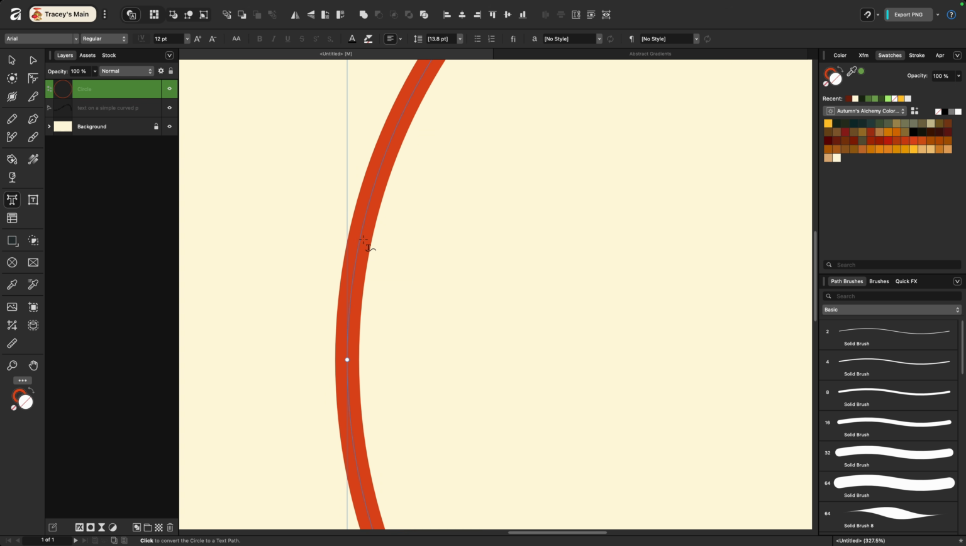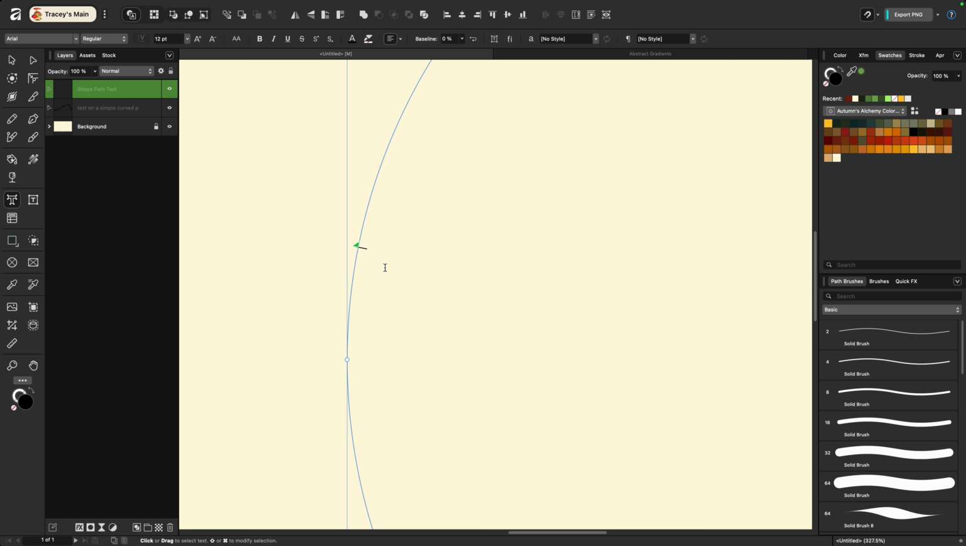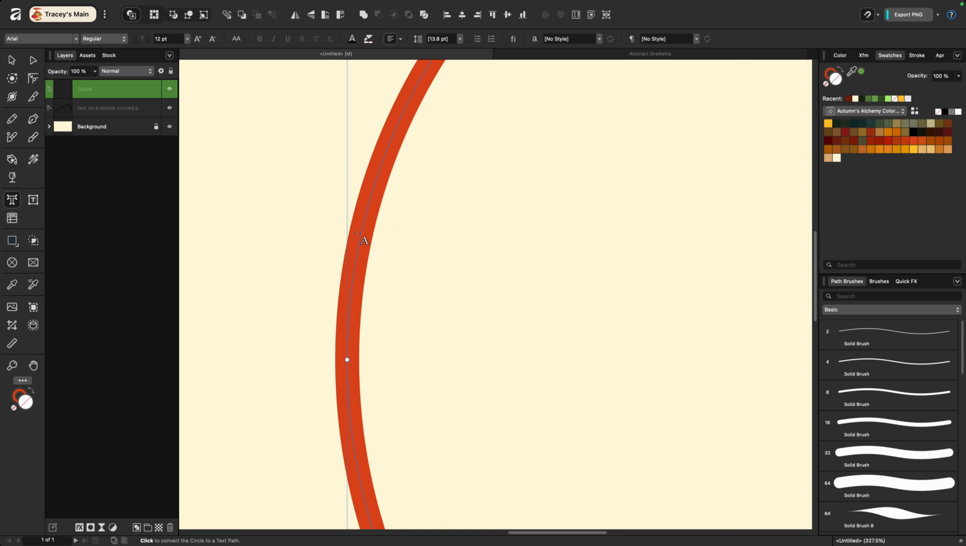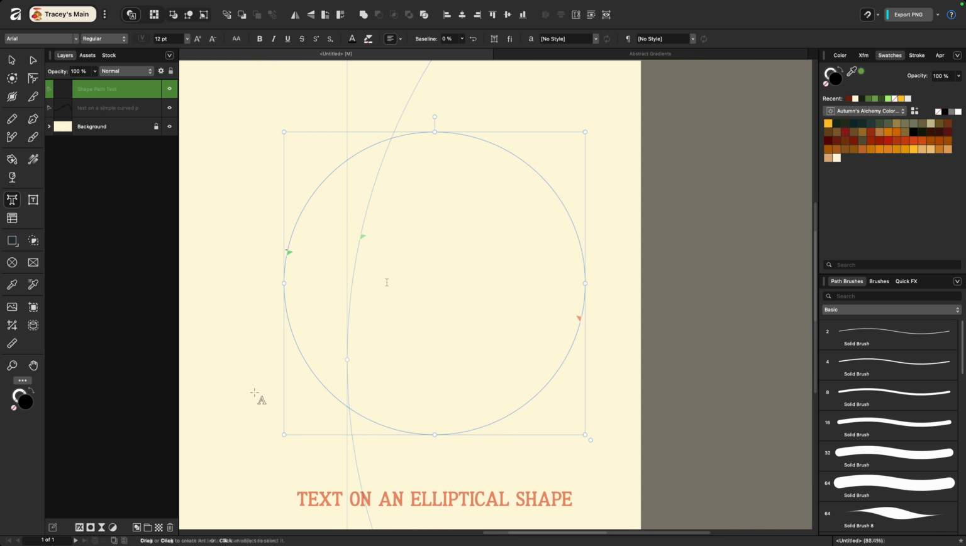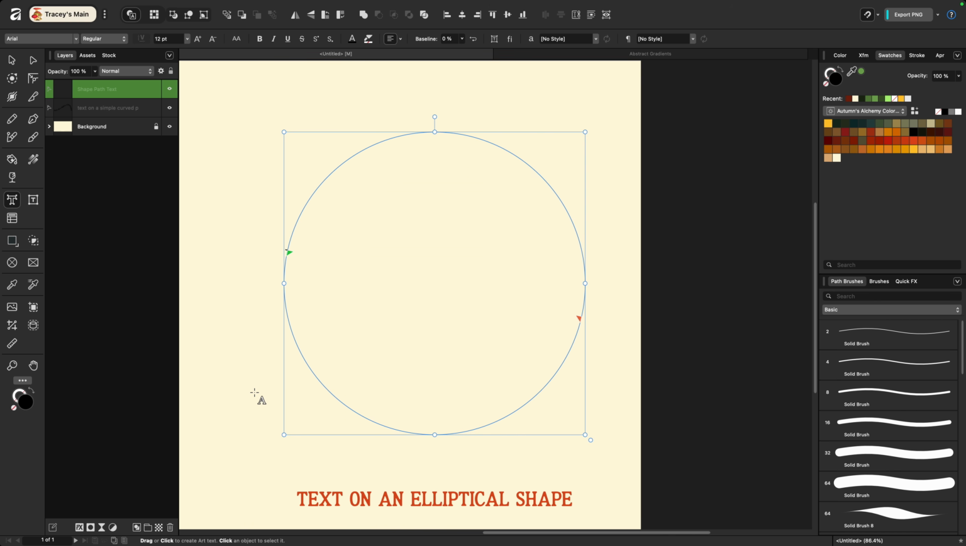If I hover over the inside of the line and click, you can see that my cursor is added inside of the shape. If I hover over the outside and click, it's going to add it to the outside, which in this case is where I want it. Now you can see that I have my handles back, but they're slightly skewed because of where I clicked on the ellipse. I want both of these to be at the horizontal middle of the ellipse,